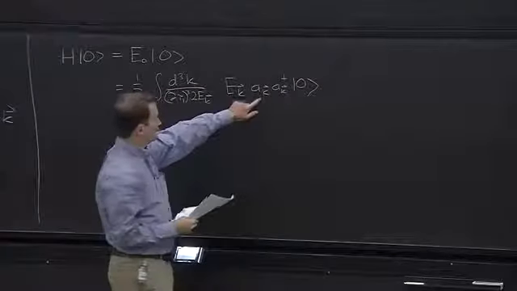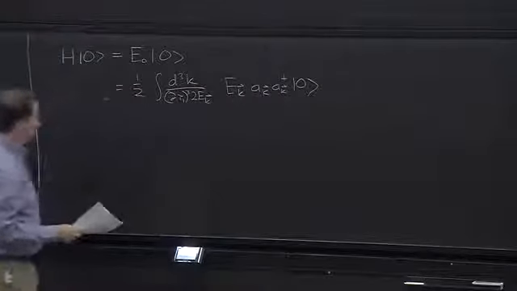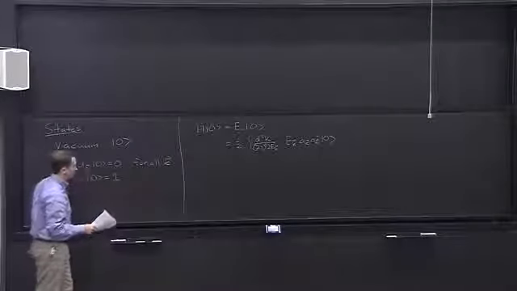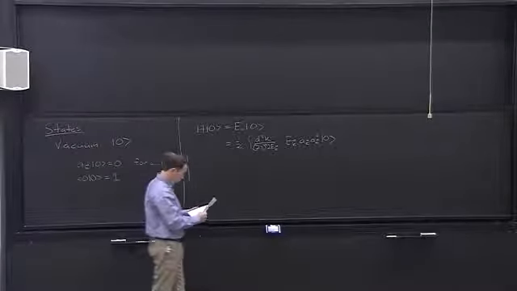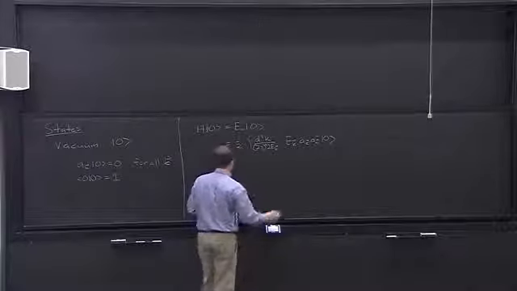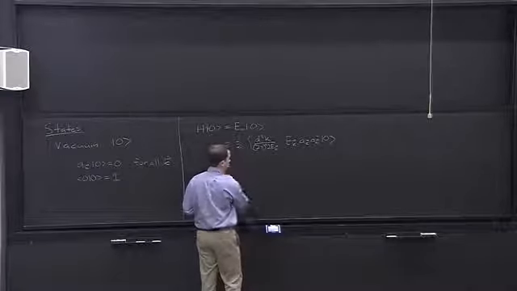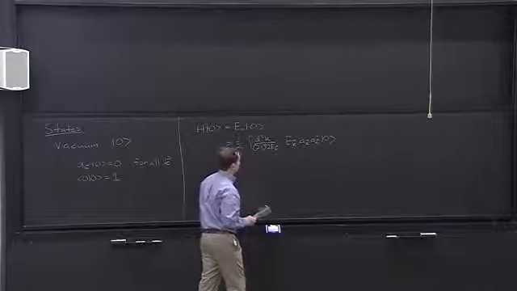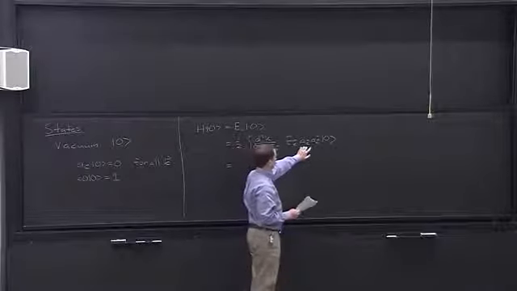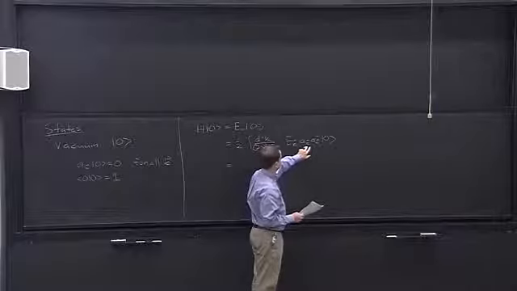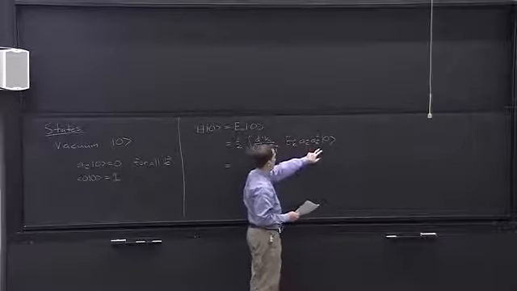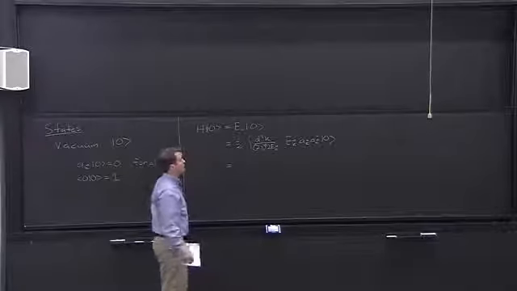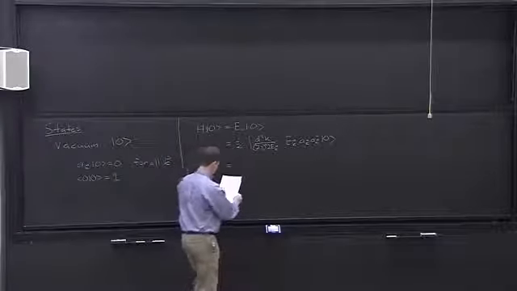The other term is just 0 by this property of the vacuum. With any annihilation operator acting on the vacuum, we get 0. And so we can then use the commutation relation to switch a_k dagger and a_k. The term with a_k acting on the vacuum just gives 0 again. And so we're left with